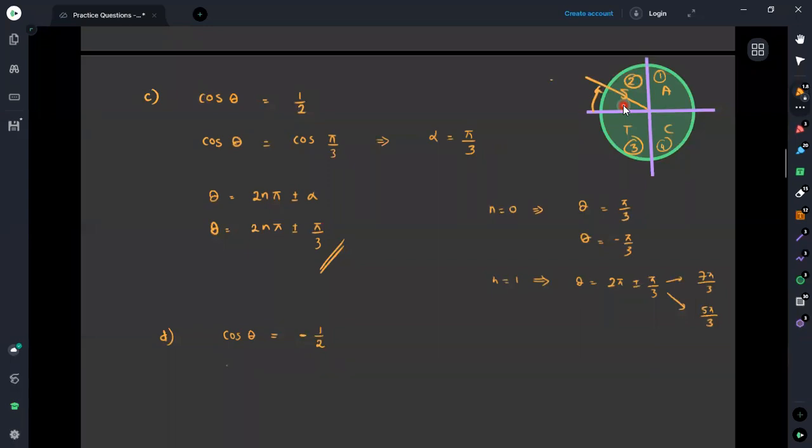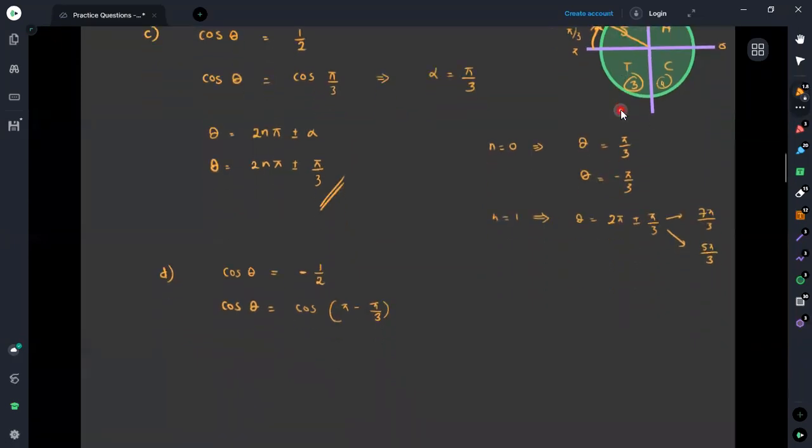Then what we can do is we can say this cosine theta, if you are differencing this angle with this phi, phi radians, is equal to cosine of phi minus phi divided by 3, where cosine of phi divided by 3 gives the value half. If you are measuring phi divided by 3 in this direction from the line of this phi, then we are getting this angle, which is equal to minus half. We have discussed these matters in the previous sessions. You can refer to them.